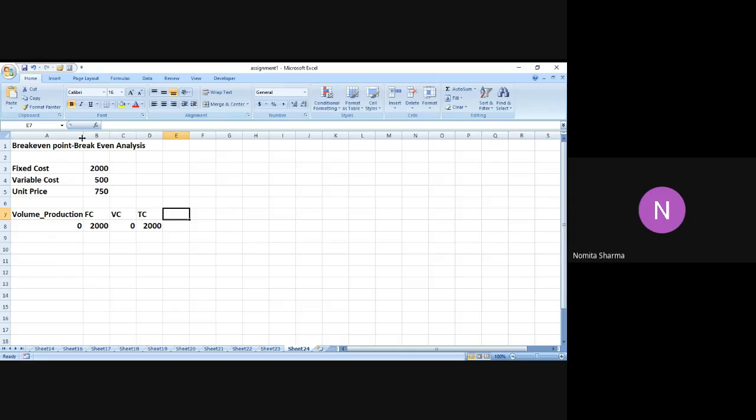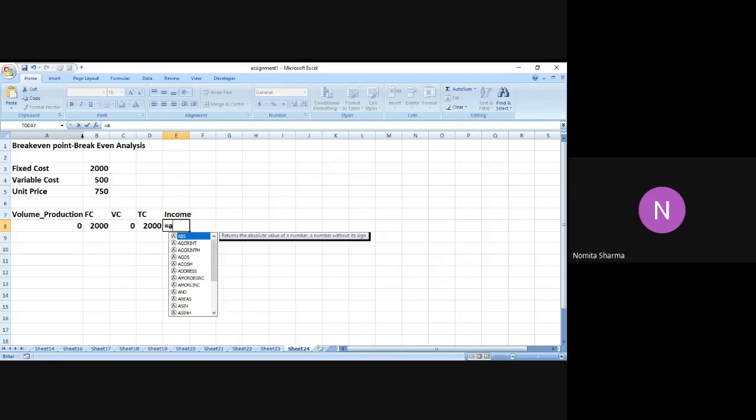The next heading which I have over here is that of income, which I generate as and when I produce more. So income will actually depend on the volume of production, which in this case is zero. So I will simply write A8 multiplied by B3. Not B3, it is B5, which is the unit price. And this I want to keep it fixed for some time to come. So I will simply say $B$5. It is 5, not 3,